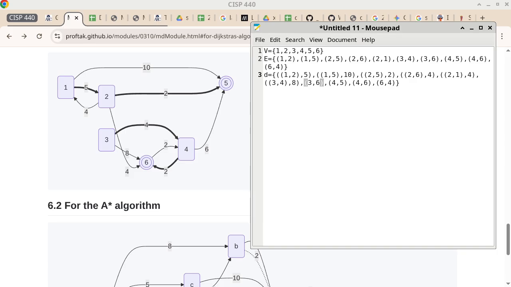Oh, it's a 4, right? Okay, thank you. So 3 to 4 is a 4, and then 3 to 6 is an 8. There we go. So 3 to 6 is an 8, and then 4 to 5 is a 6. There we go. And then 4 to 6